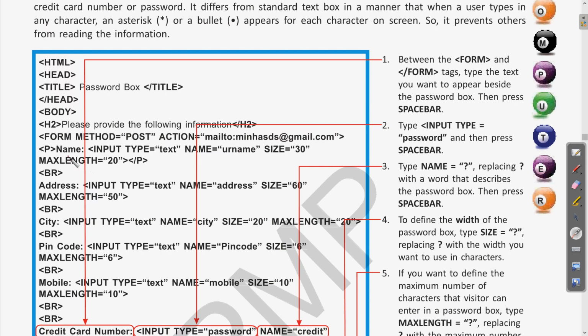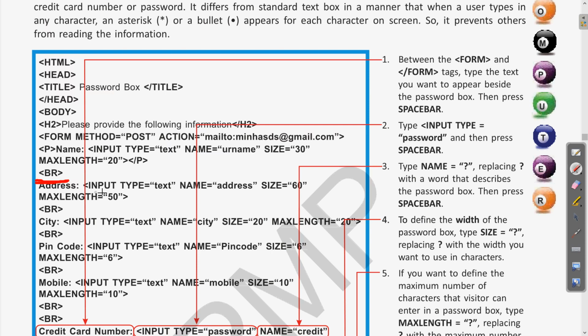So we have written first the input box, like name. Input type is text here. Then size and maximum length are specified. Then the BR tag, you already know what the BR tag is. BR tag is the line break tag. If you want to move from one line to a new line, this will be used for breaking the line. Clear? BR tag is an empty tag, so we don't need to close it with a forward slash.